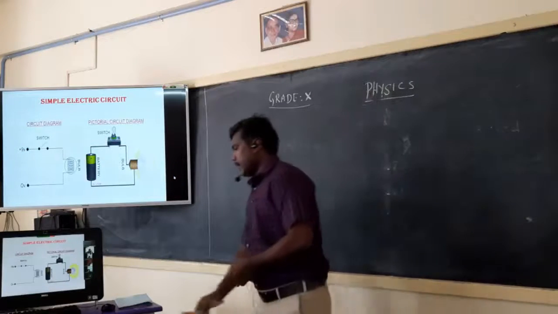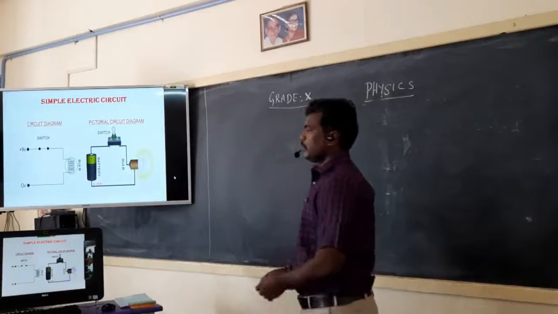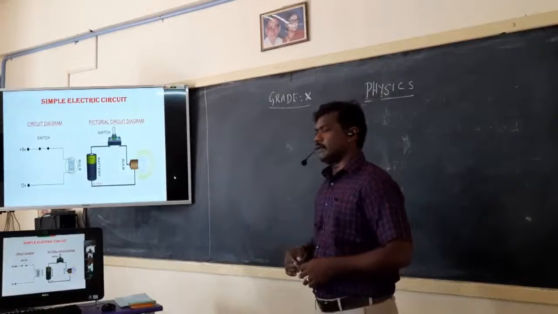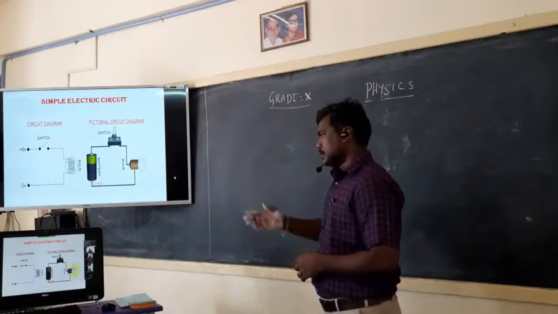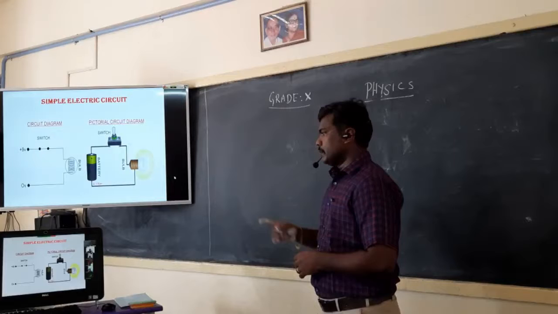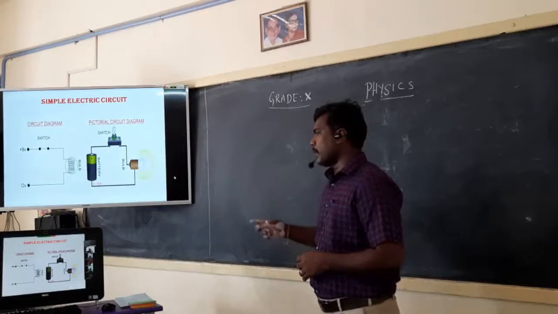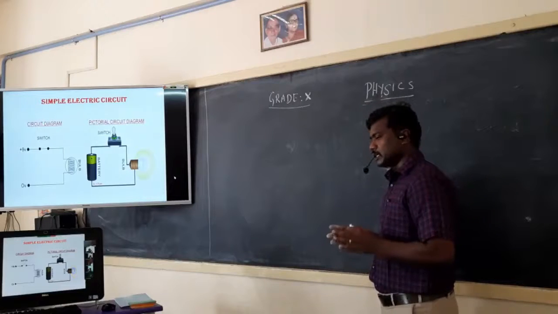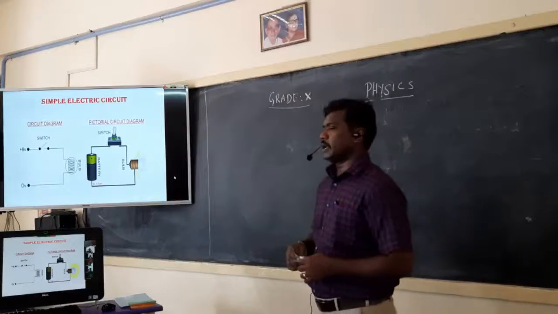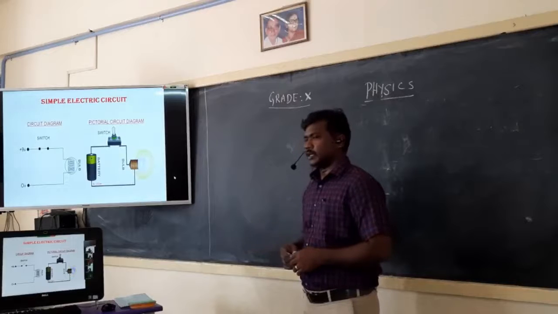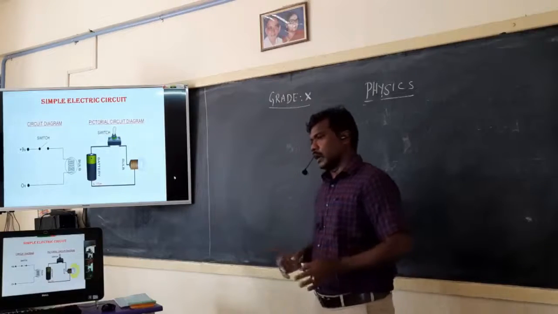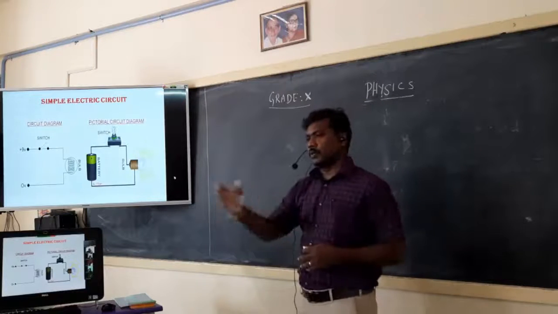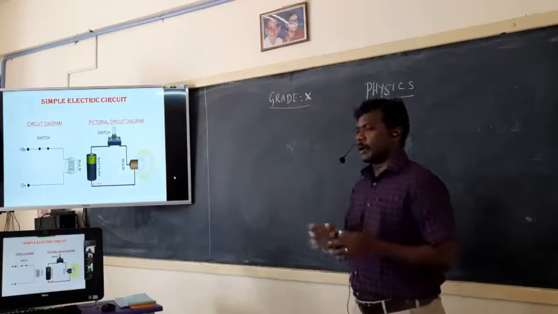See the board? I mentioned the simple electric circuit. The first part is the electrical representation and the second is the connection of the battery and bulb. See the diagram clearly. If the switch is in off condition, the bulb cannot glow. If the switch is in on condition, that means the circuit is closed, the bulb can glow. Okay. So that is the concept. So there is no use of open circuit. The open circuit means the current cannot flow from one place to another place in a particular circuit.